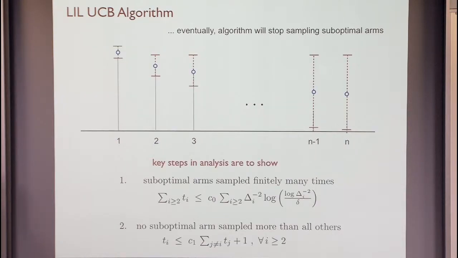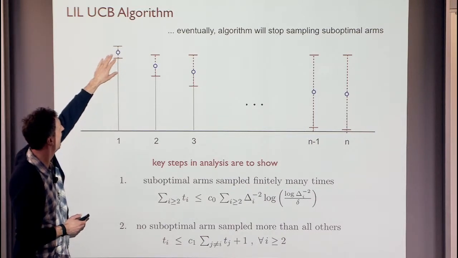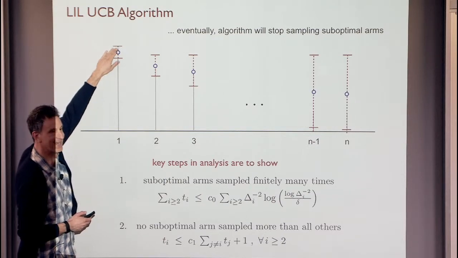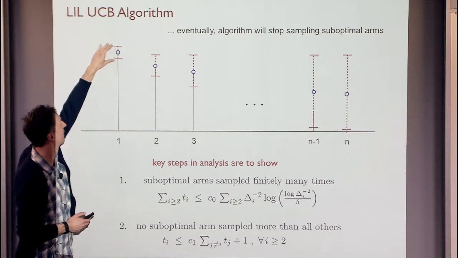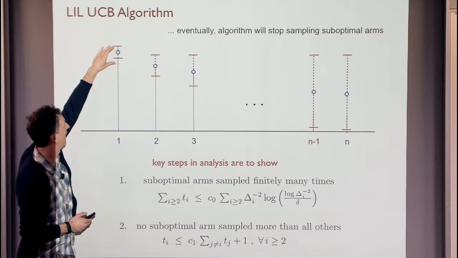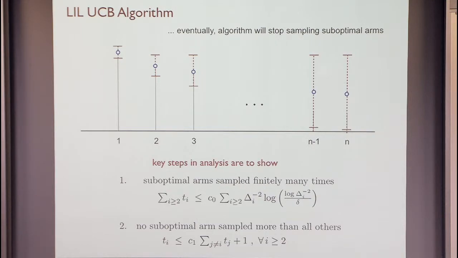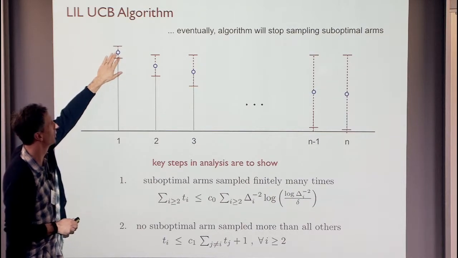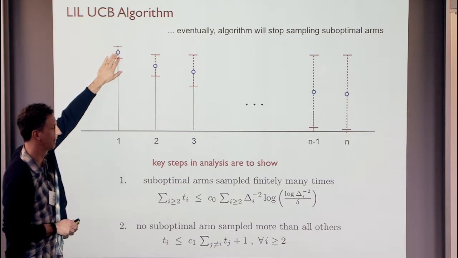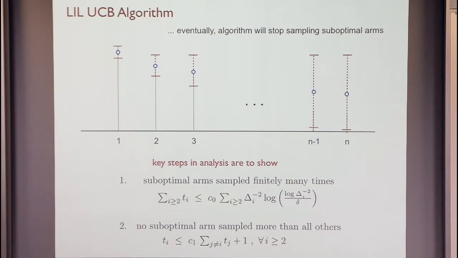Okay, so I'm not going to go into too much of the analysis of the algorithm. I just want to give you a hint of what's going on, though, is that eventually, somehow, it's very, very hard to push the upper confidence bound of the top arm down unless you keep sampling it again and again, because it's got a gap between the first and then the next best guy. And you end up basically, this algorithm will focus all of its sampling attention on that best arm. And so our analysis is actually to explain that and quantify it a little bit more.